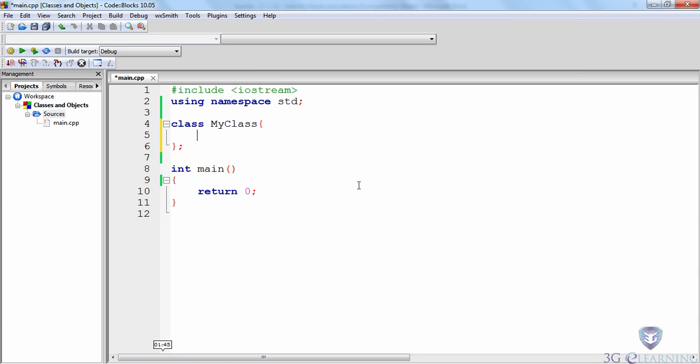Before adding functions, let's discuss something called access specifiers. There will be times when you'd like to create functions which you can use only in your class, and other times you'd like to make functions which anyone can use outside of the class. So if you want main to use the functions only within your class, you need to make the functions private. However, if you want to allow main to use the functions outside of the class, then you need to make the functions public. So remember, when you use the public access specifier, you're telling main it can use the functions outside the class. So to use the public access specifier, type public: